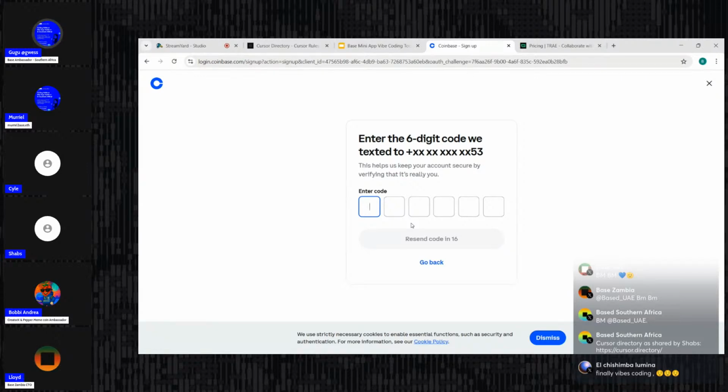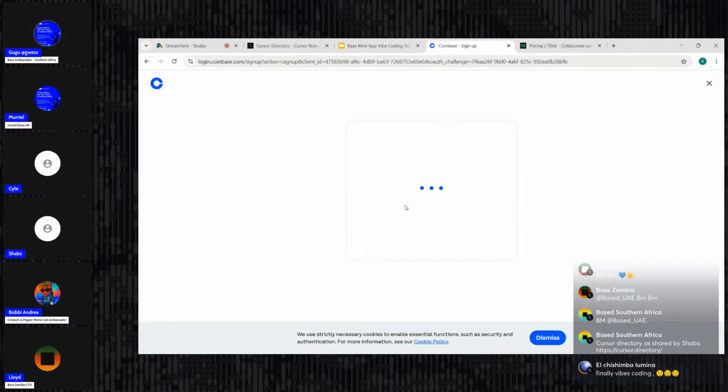Okay, and in Southern Africa, you're not going to have a problem logging into the Coinbase developer platform. But in some countries like Nigeria, I think they have to use a VPN because the governments in those countries have put a restriction on some of these platforms. So if you are having an issue accessing this from your country, just use a VPN and then you can access it.